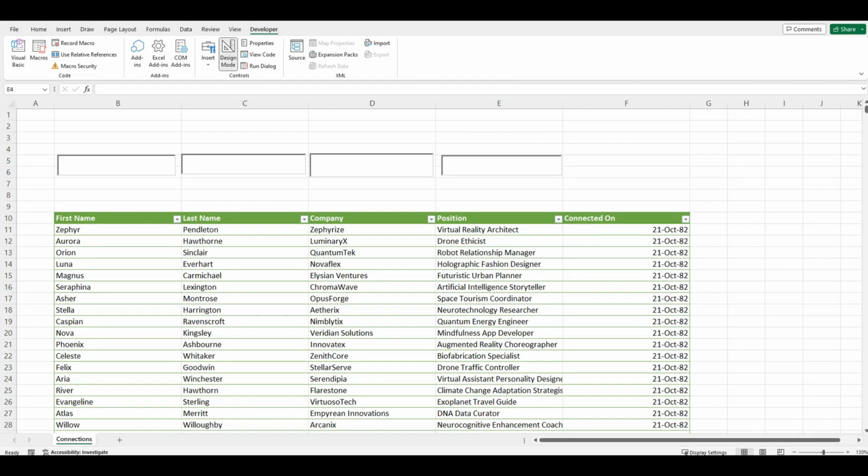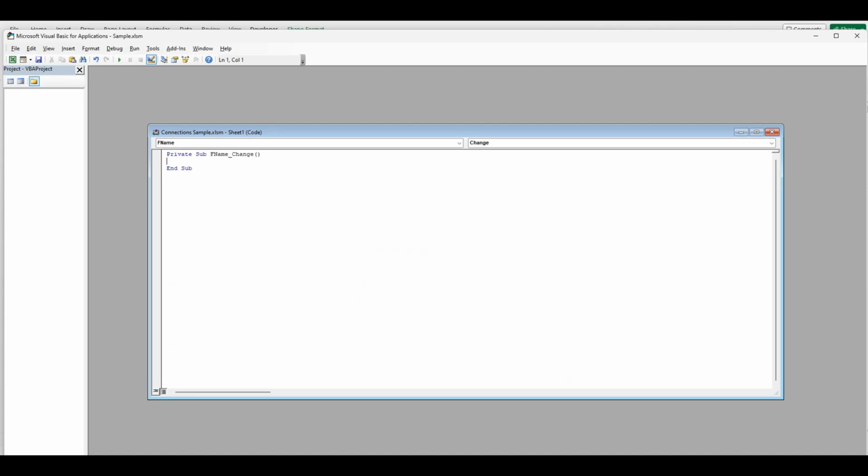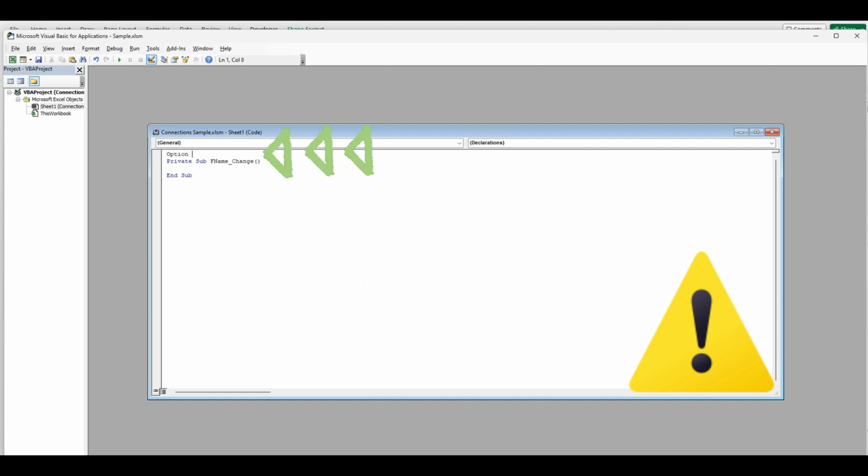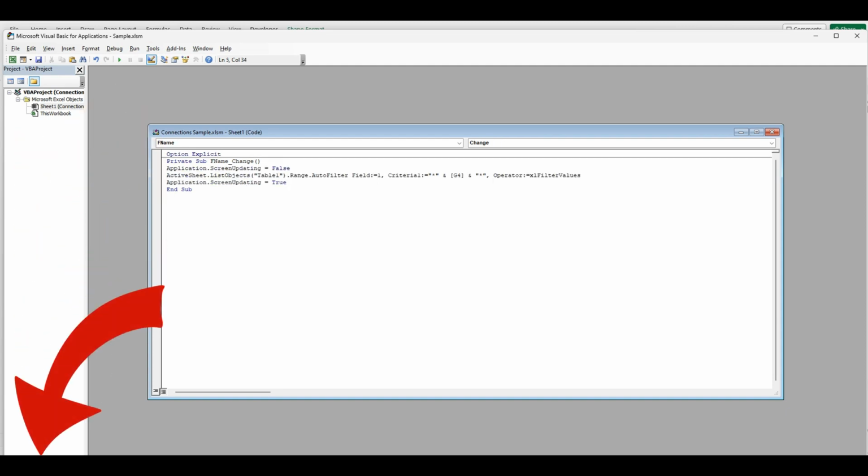As soon as you finish with the properties, we can right-click again on the first text box and select View Code. We recommend right-clicking on the text box to access the code as you'll have already the text box name. Before adding our code, we need to add above a new line and write Option Explicit. Next, we can insert here this piece of code. Don't worry about the code, you have it already in the description below.